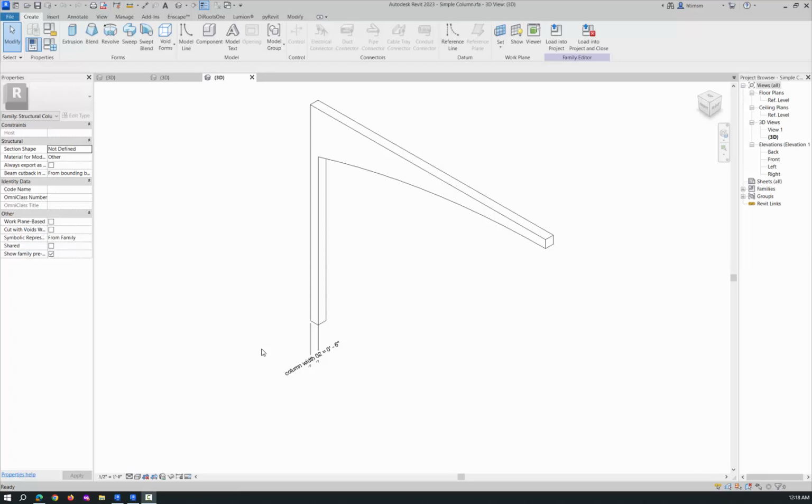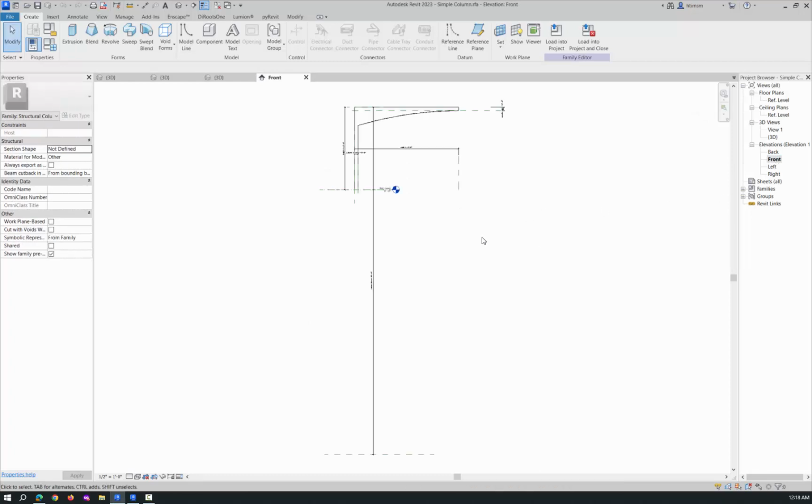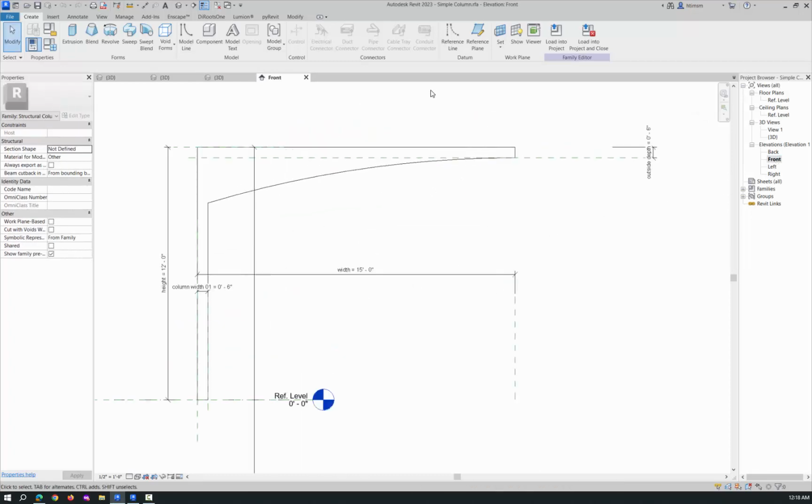Okay, so I have two columns for you, and we can adjust them as we go if you need. This one is a very simple column. It doesn't do a whole lot other than adjust. So if I go to the front of it and we look at the parameters that are on it, we